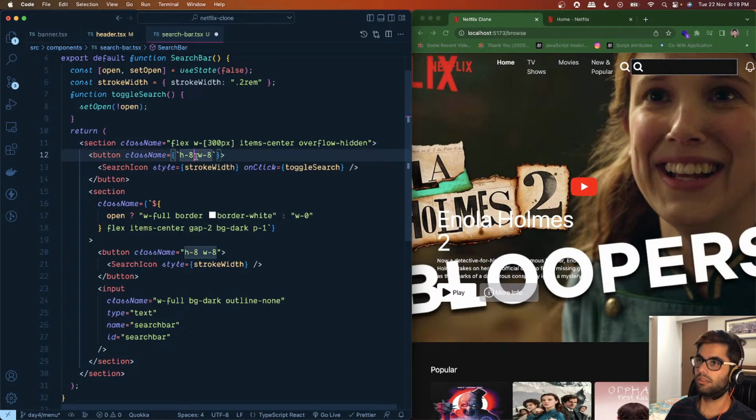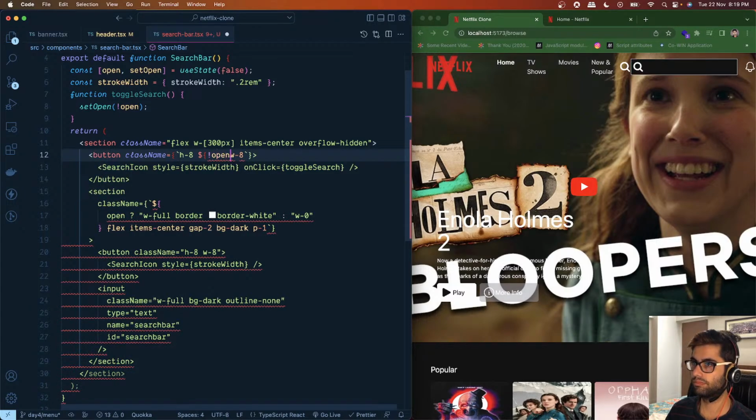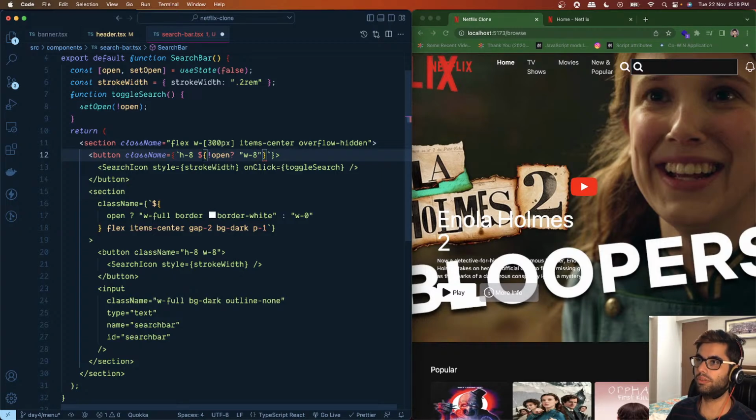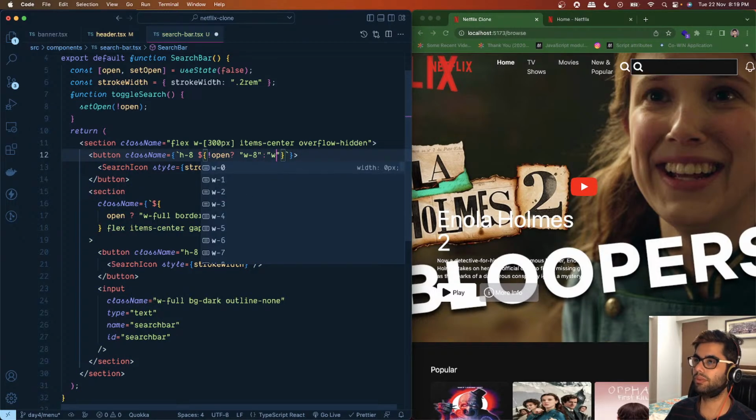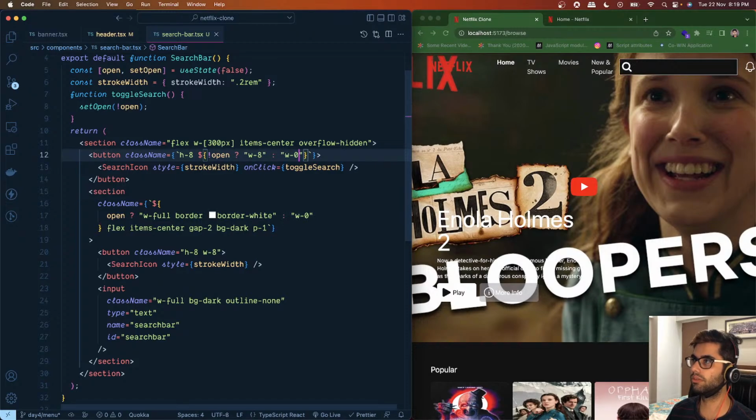Okay, so when it's not open, we want this to have a width of 8, otherwise we want this to have a 0 width. Okay, so now we only see this,